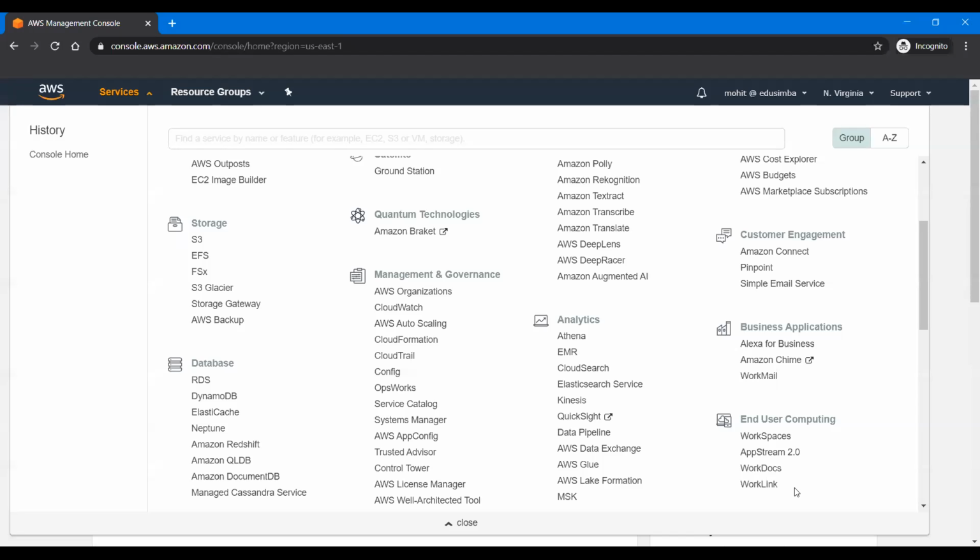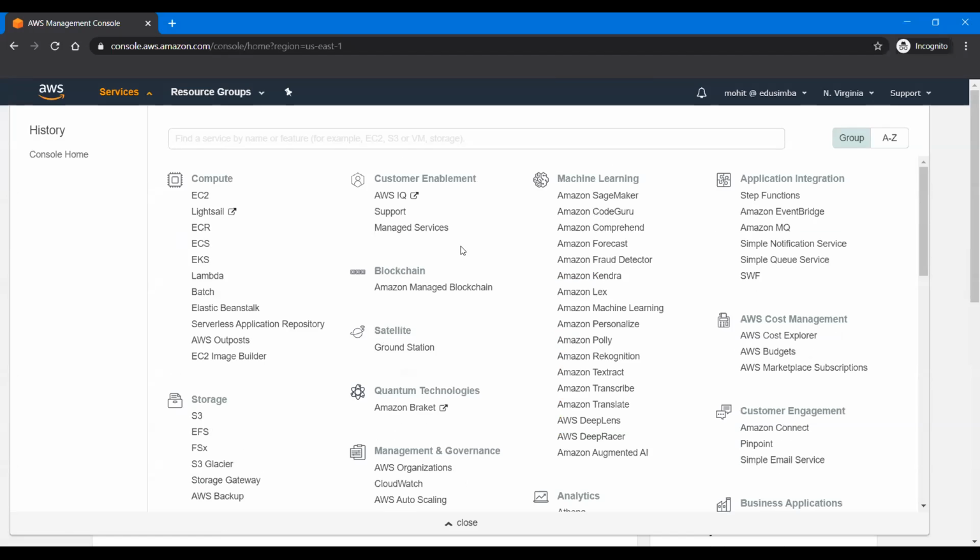So in order to learn more, you can just view any of the services and you can start practicing on that. The best way to learn anything in AWS is you need to practice more. So in the first section we'll go with EC2. So if you click over here,